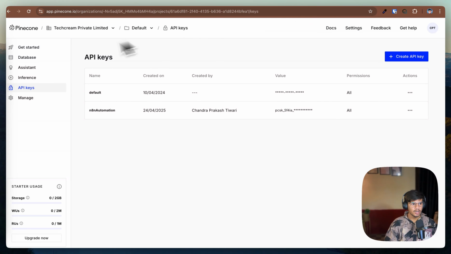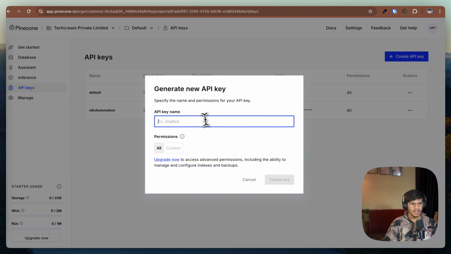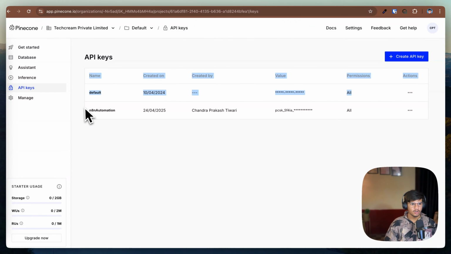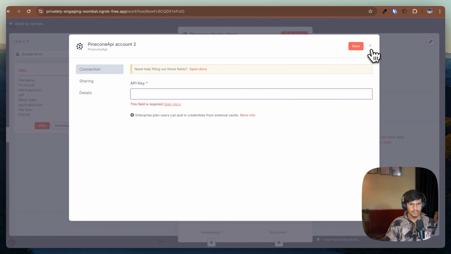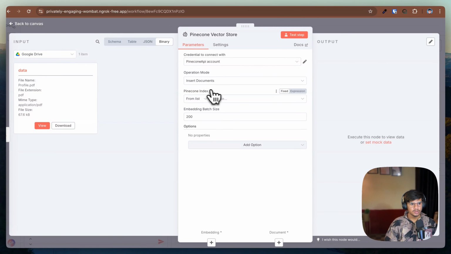So you can go to your Pinecone account, go to the API section, and select Create API key and add your key name, like whatever you remember. I just added my n8n automation and I have just added my key here and just saved it. I've already added. Now you have to choose the new option called from the list, and here you have to